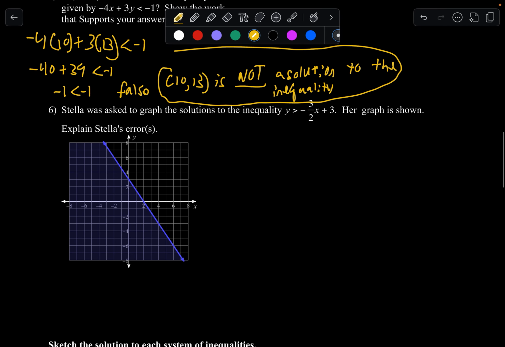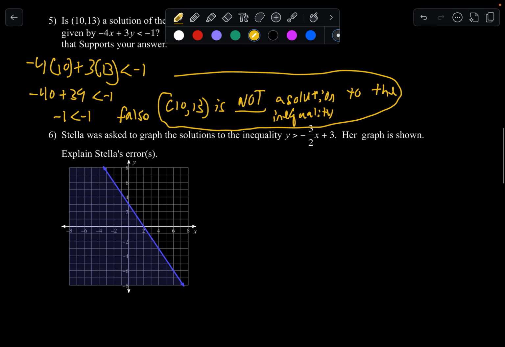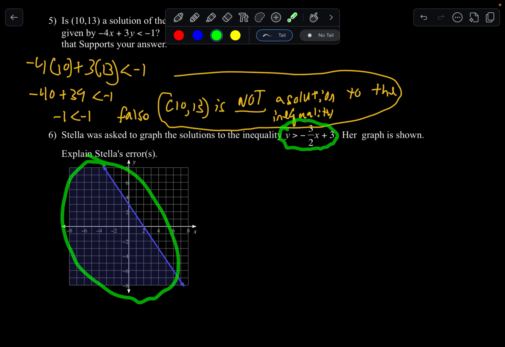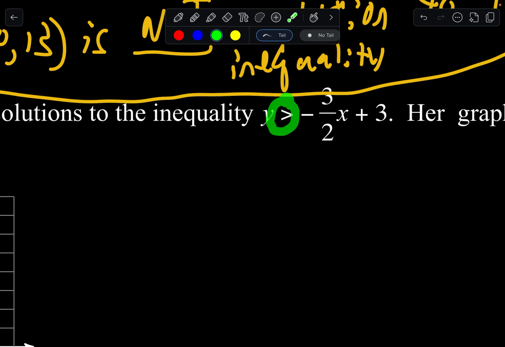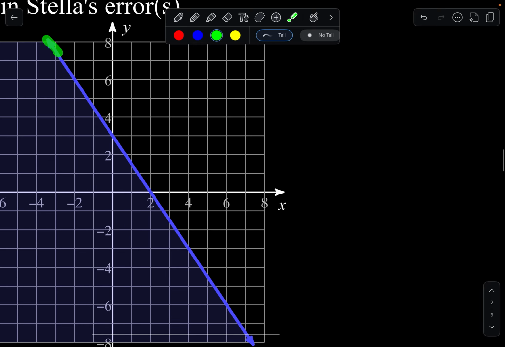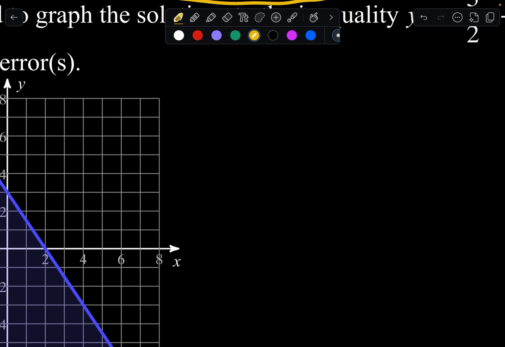It says Stella was asked to graph the solution to the inequality y is greater than -3/2 x plus 3. You have to pay close attention to this. Her graph is shown below. Explain Stella's error or errors if she has more than one. Well, the first thing I notice is that this is a greater than symbol, which means this should be a broken line. Is this a broken line? No. So one error is